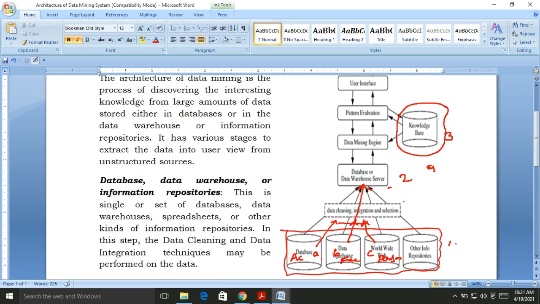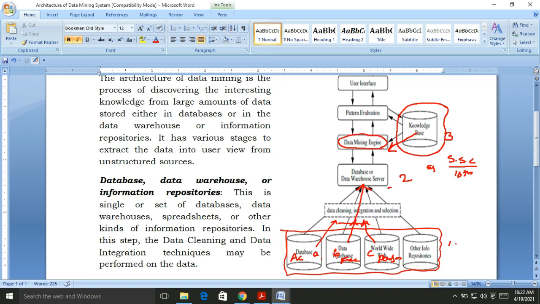Step 2 is completed. Here the knowledge base indicates what we actually want from this integrated data. I just want the student academic data, how many marks he secured in the SSC examination, that is simply the 10th class examination. That is the knowledge, that is the rule we get from the knowledge base and apply on the data mining engine.